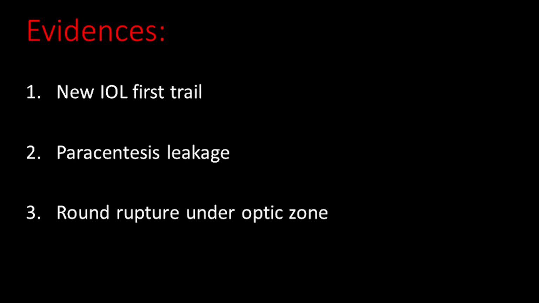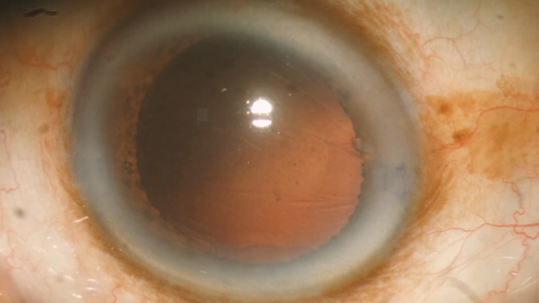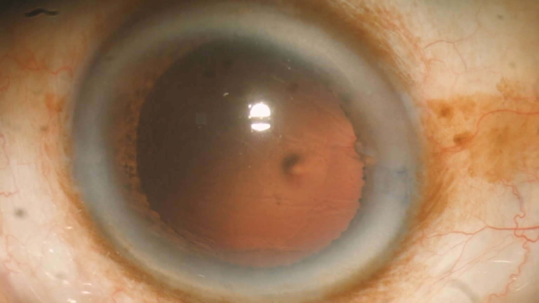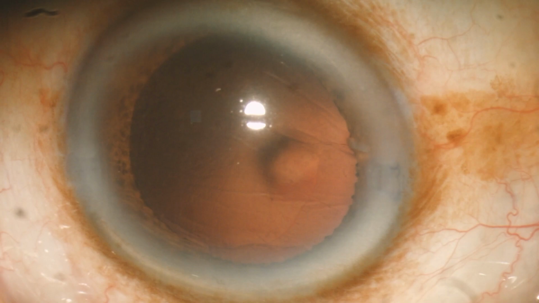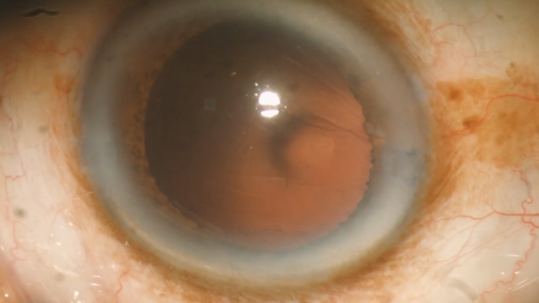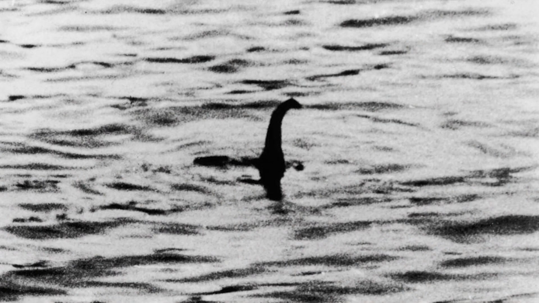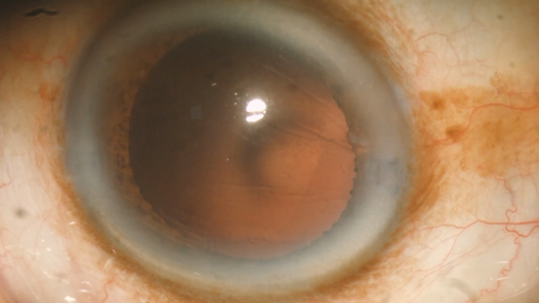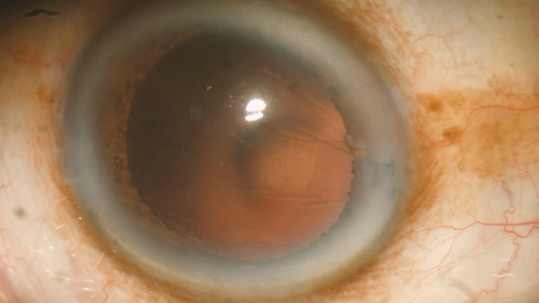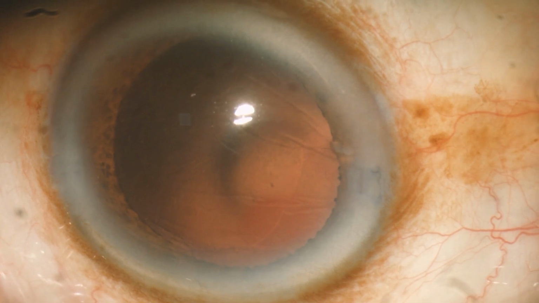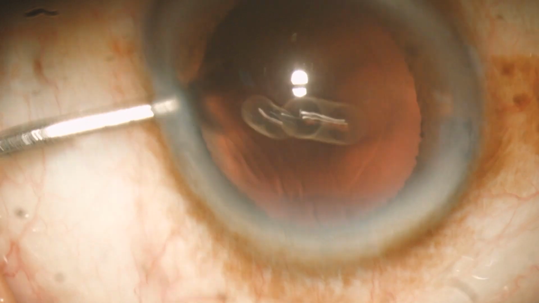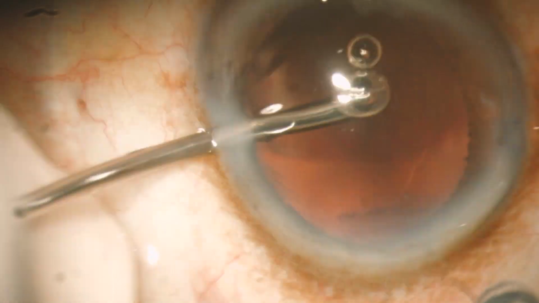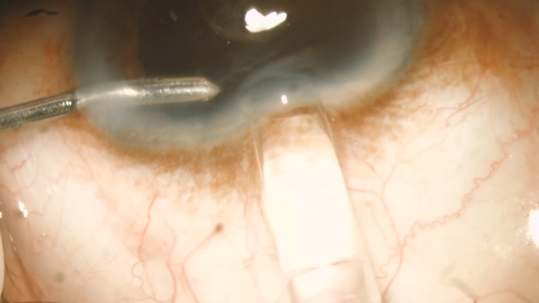In the search for more evidences, we rewatch the movie and look what we have found. As we're using a new IOL, it took us more time to put it inside the cartridge. In other words, the anterior chamber was empty for 2 minutes, and the imbalance in the pressure gradient made the